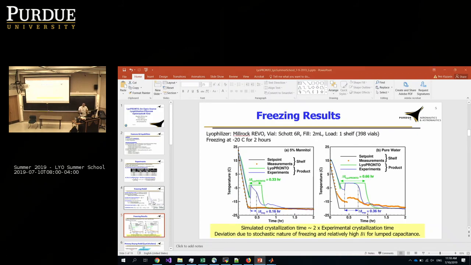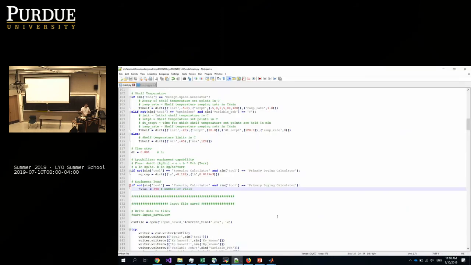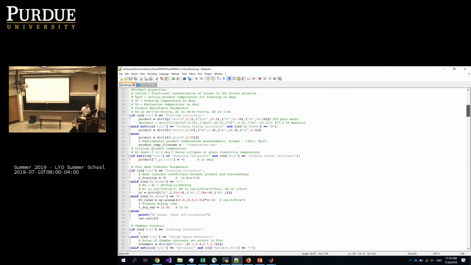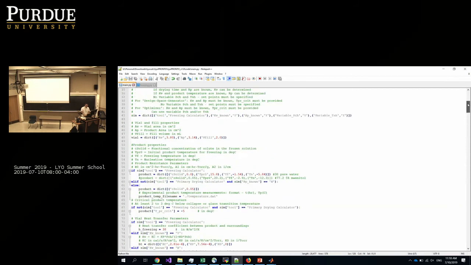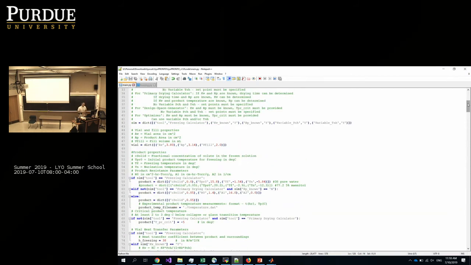Yes, please. So this has been designed to work with a vial system. Can this also be used if you're freezing in trays? Yes, of course. In terms of the area, you'll have to modify the code a little bit, and the number of vials and so on does not need to be specified for the freezing, because it's considering one vial.